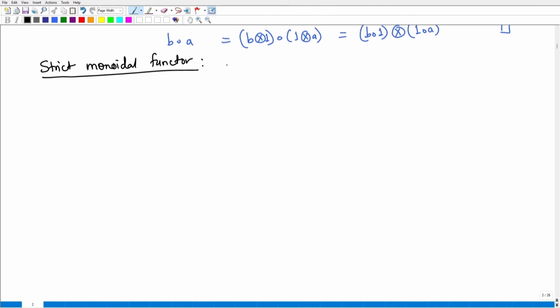So you have got C, tensor C and I_C, and a monoidal functor F from this monoidal category to another monoidal category